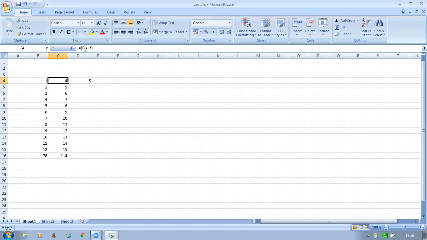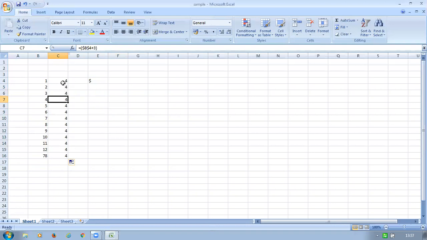What should I do? Just click before B, give the dollar symbol. Here also the dollar symbol. Just enter. Now you can drag this one. See, before it was B5 plus B3, here B6 plus 3, here B7 plus 3, like that.